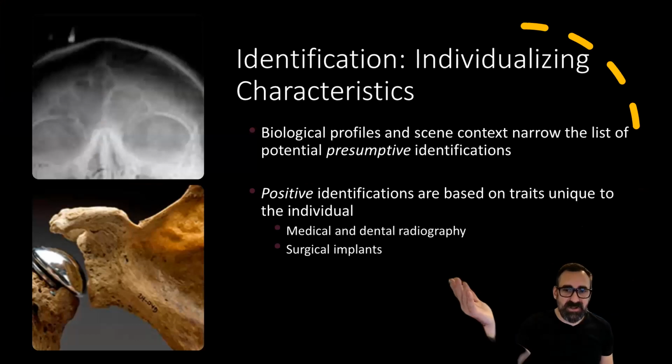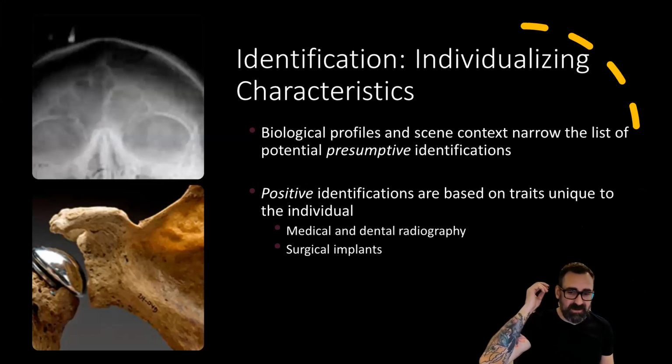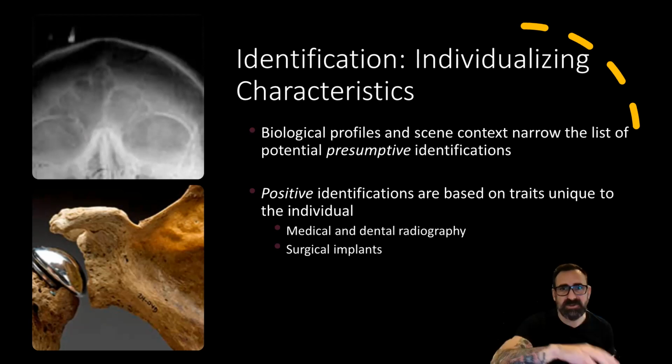And of course, we have individualizing characteristics. These are things like implants that have serial numbers on them, which are directly tied to you. Dental records are another individualizing characteristic. Anything special about your skeleton that is documented in medical records can be thought of as an individualizing characteristic, and these are by far the most helpful way to identify without having to correlate between lots of different missing persons reports, and then of course the data from the skeletal analysis.